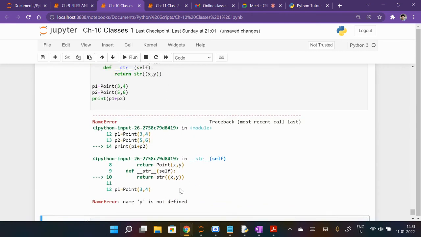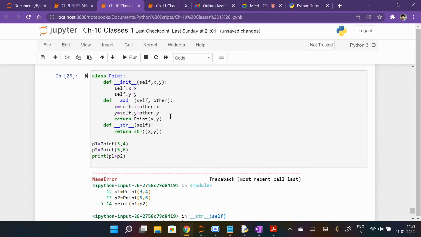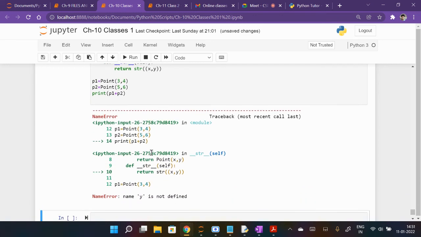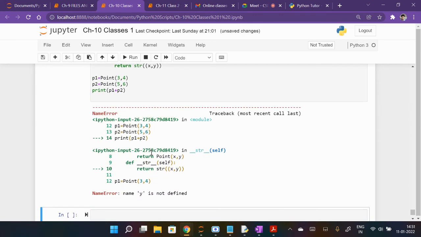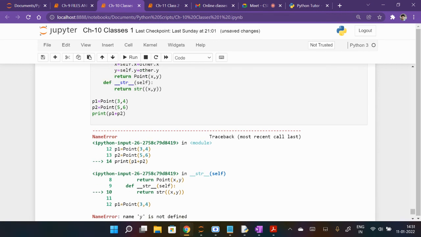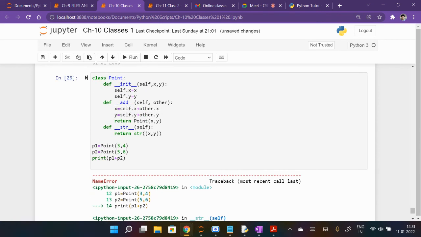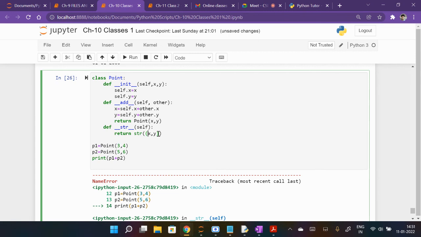So where is it wrong? Y is not defined. Check where can we improve. Anyone tell me what can we do now?